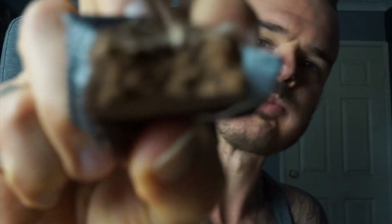This one should taste like choc mint, but let's open it up and we'll see what's going on. So this one here, in terms of comparing it to the other choc mint one, being this one here,